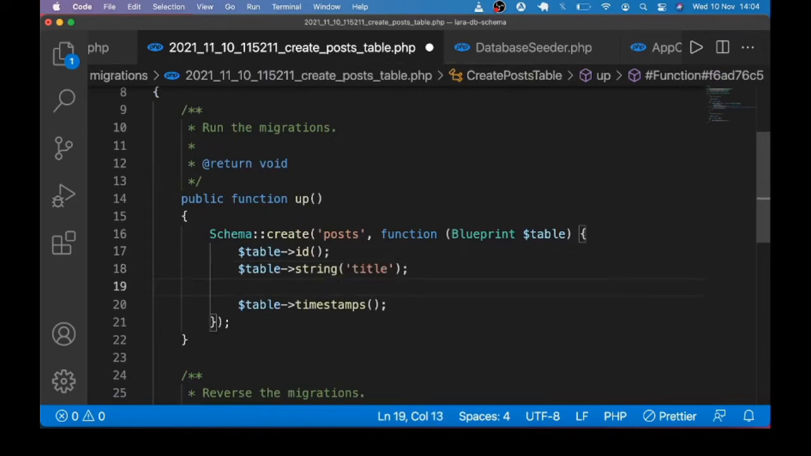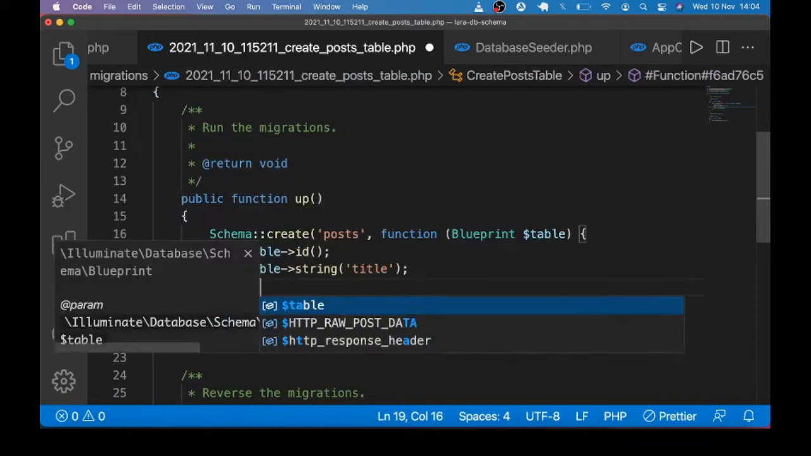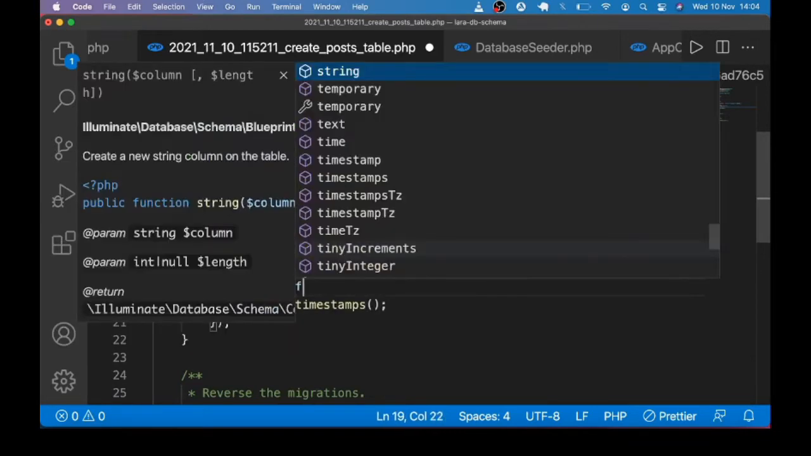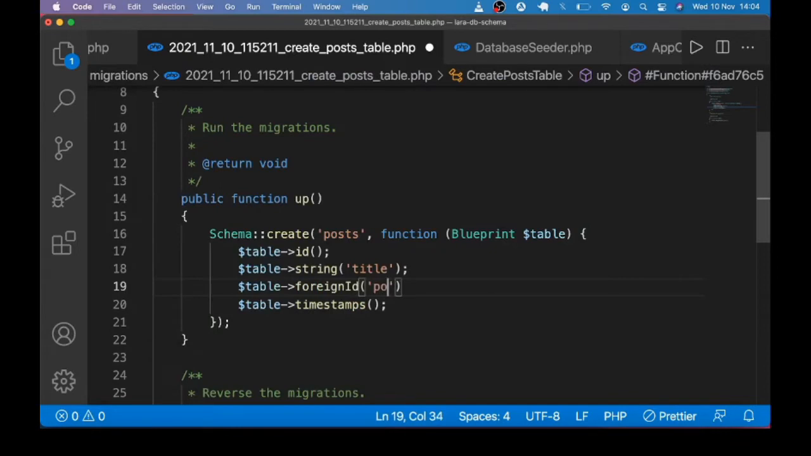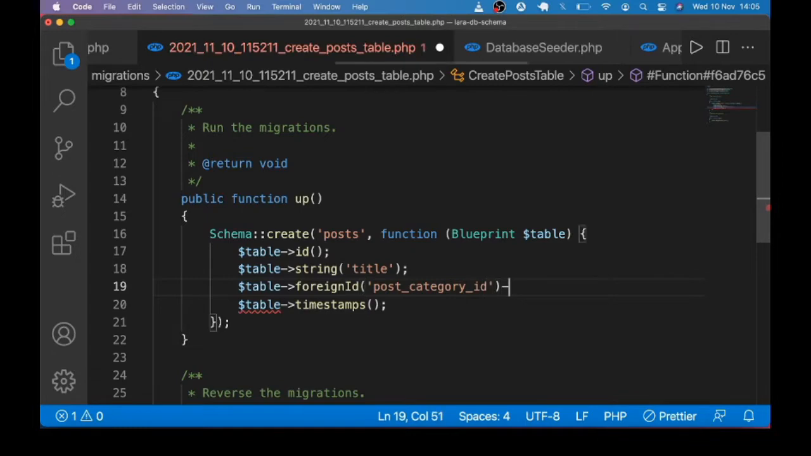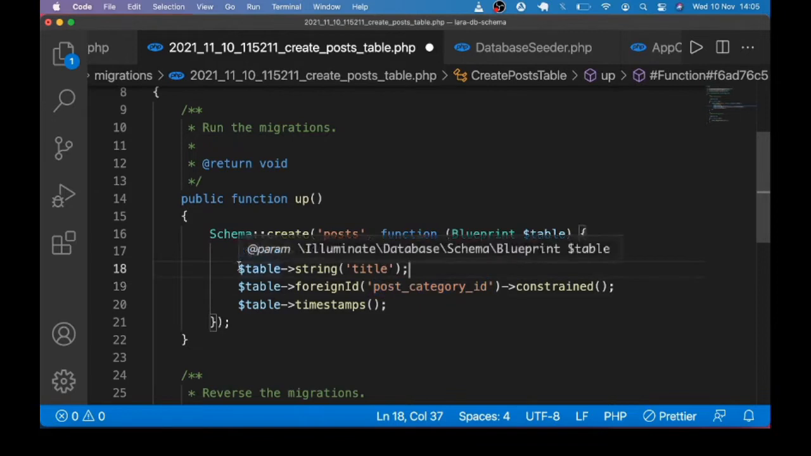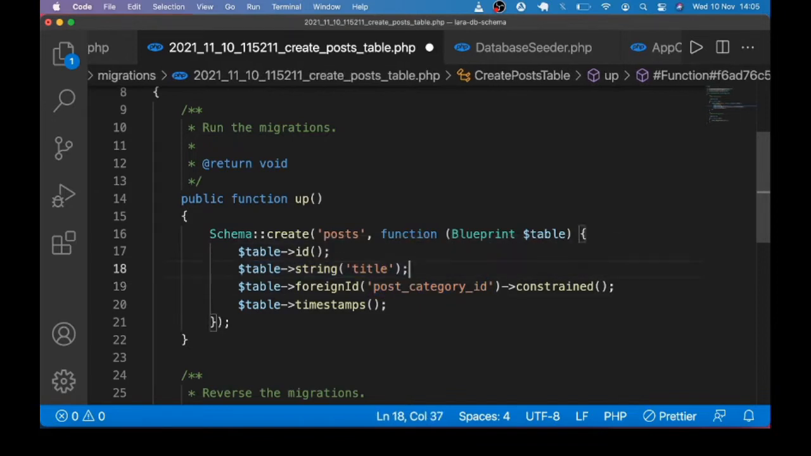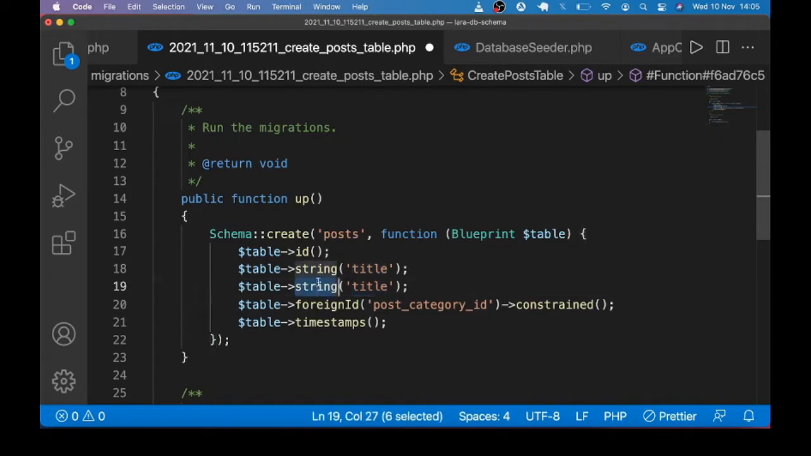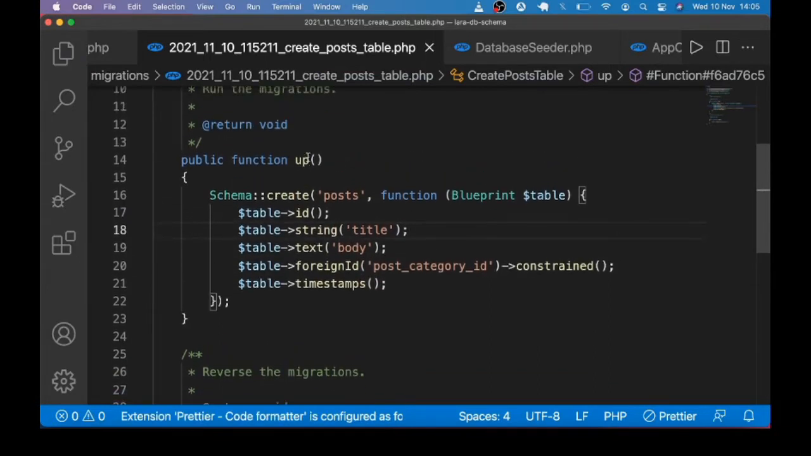Here we define the relationship between post and post categories. So we can say this foreignId post_category_id constrained. This is the relationship. This is how we make reference foreign key pointing to the post categories table. Let me distinguish this a little bit. I will just have post title and post body. Post body will be a text body. Okay, with that defined,